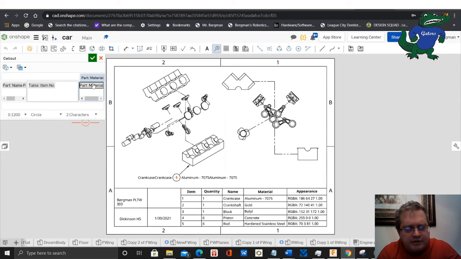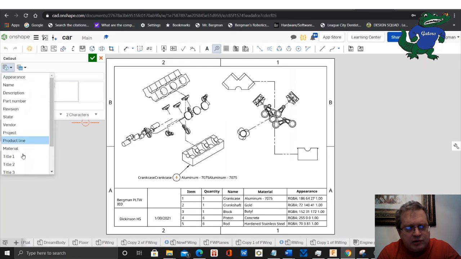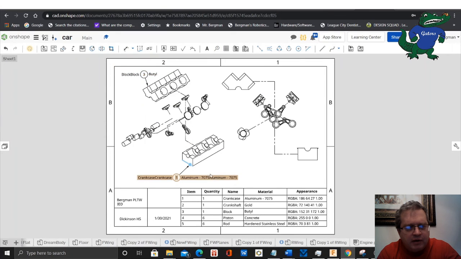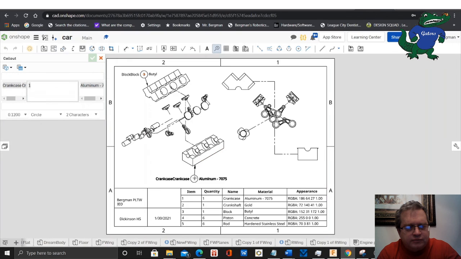You really have to make sure that's deleted. Over on the left hand side, let's see. We still have block on this side. Yeah, if you can notice, I still have the name